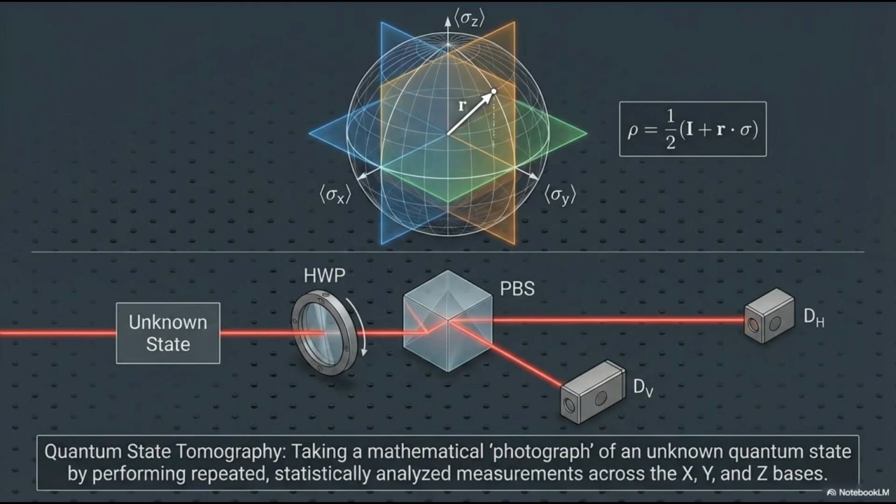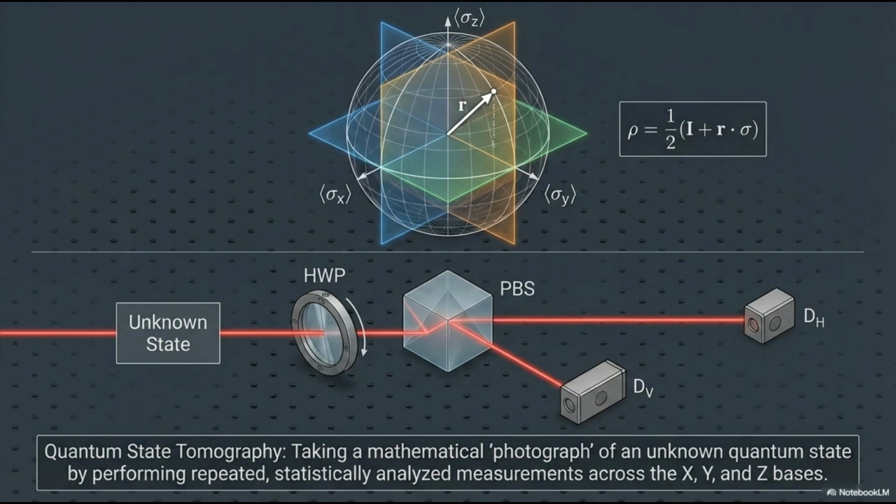Quantum state tomography is the process of taking a complete mathematical snapshot of an unknown quantum state using repeated, statistically analyzed measurements. The experimental setup consists of an unknown polarization state entering a rotating half-wave plate, followed by a polarizing beam splitter, and then 2 detectors labeled DH and DV for horizontal and vertical polarization components, respectively. By rotating the waveplate to different angles, the measurement basis is systematically changed across the X, Y, and Z axes